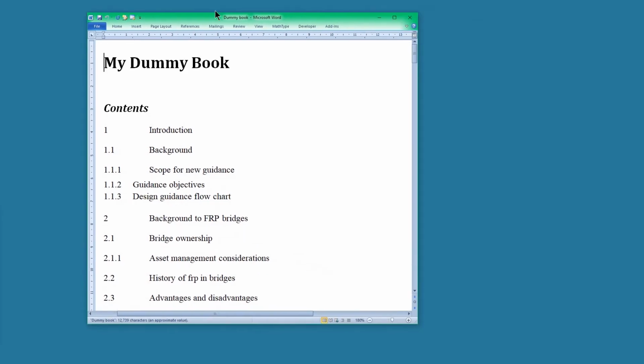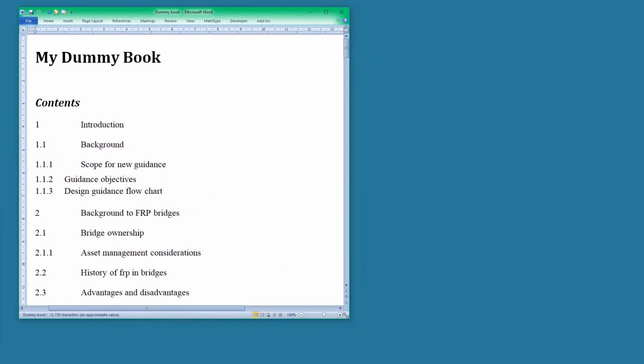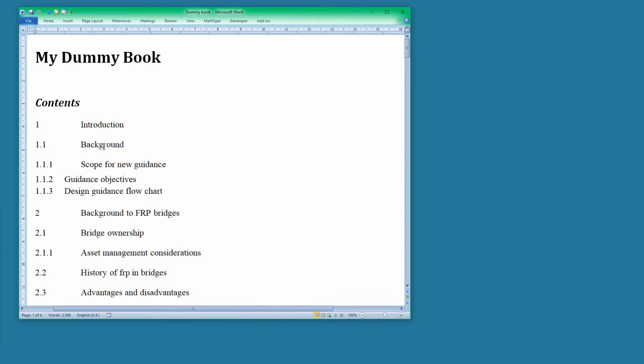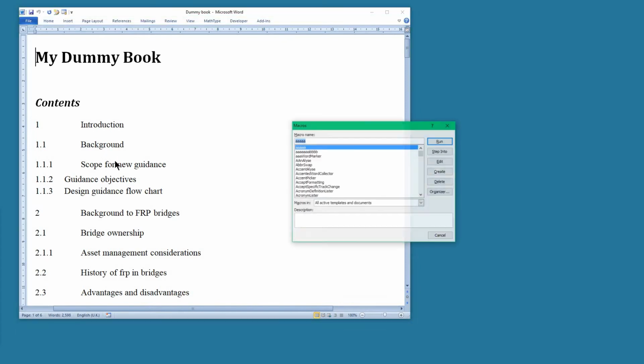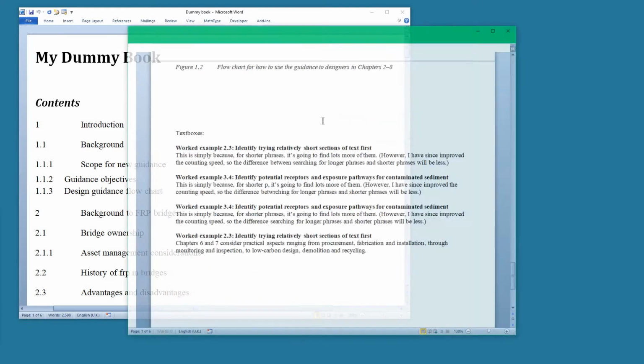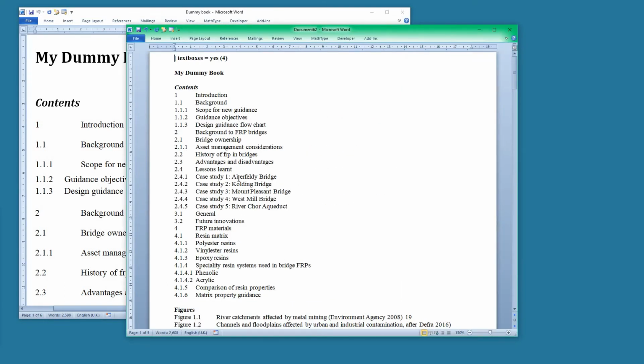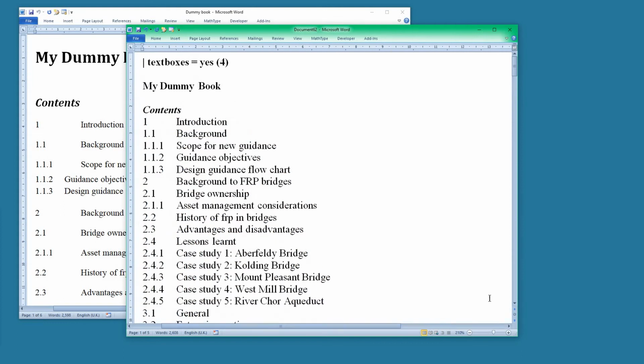Let's move that out of the way, and we want to open a dummy book that we've got here. This is our book. So the first thing we do, as I say, is to run the copy text with some features. So we run that. It runs very quickly because it's only a small document, but I didn't want you to waste time sitting waiting for it to happen. So at the top there it's told me that it's got 4 text boxes in this document,